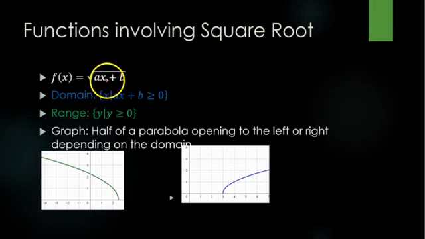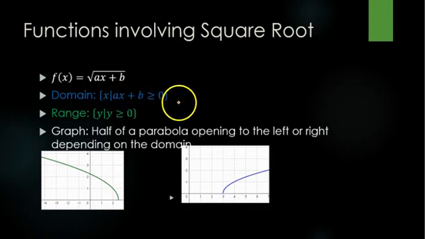So we all know that we're just talking about the set of all real numbers. So the x are real numbers, and the y are also real numbers. So for this one, we want the radicand to be greater than or equal to 0, because if this radicand would be a negative number, then we would have an imaginary value, and that is not part of the real number. So we want this radicand to be greater than or equal to 0, so we just have to solve for x.